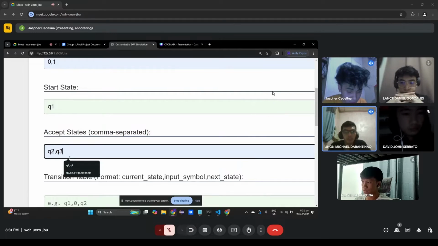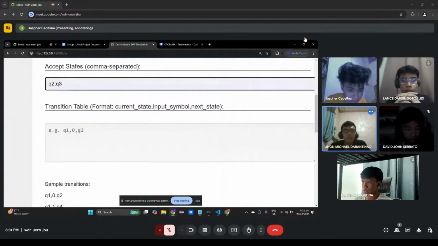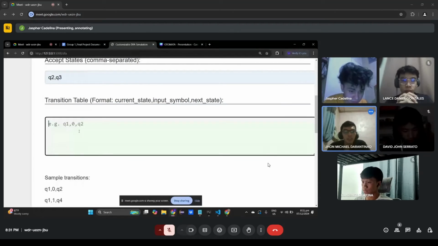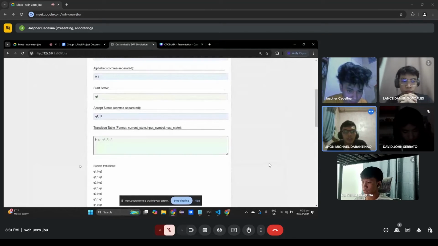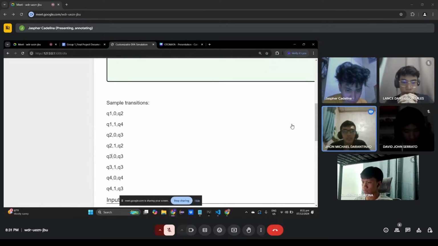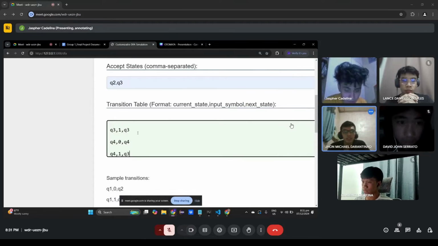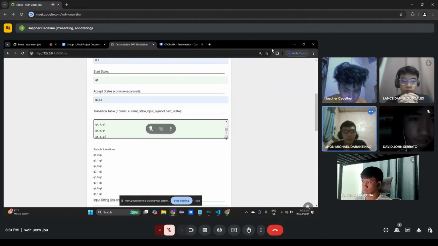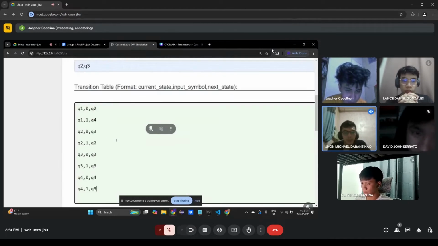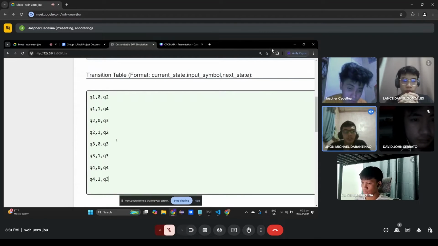Then next is the transition table. The format that we input there is, first, the current state, second, the alphabet or the value, and the last is the end state. As the example there, the transition is copy and pasted. As you can see there,